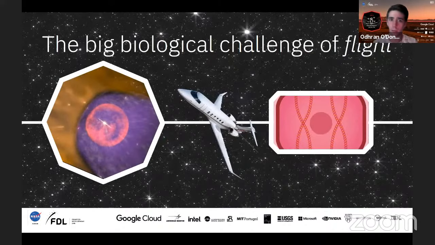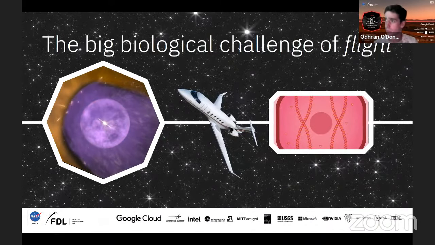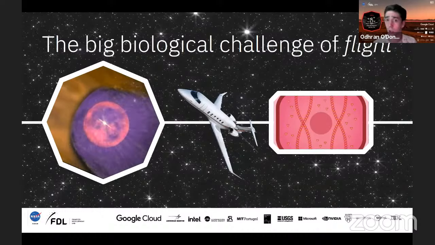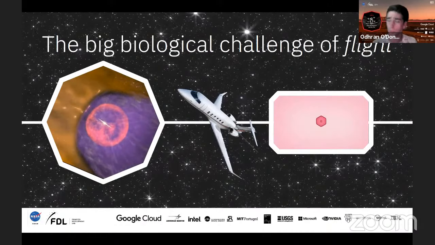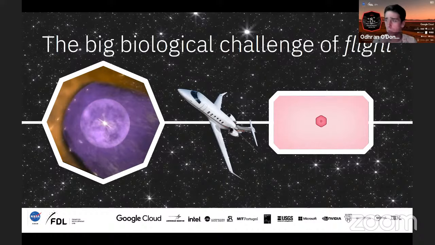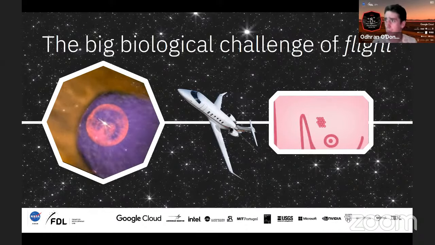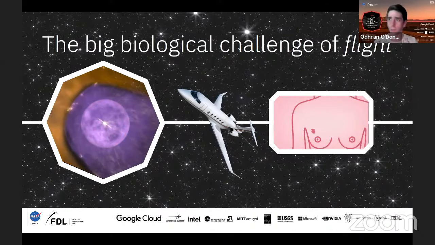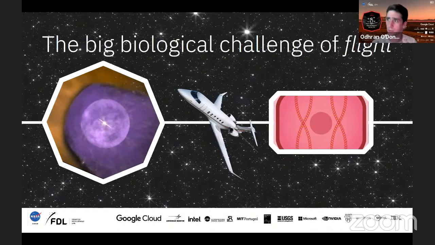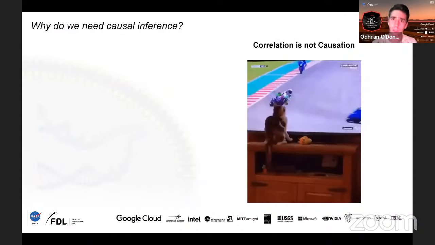Because when you get irradiated, lots of mutations can happen, but some of them may not have much of an effect. Others may be really, really important. This is really interesting to us because it means that if we know what may be driving a cancer in response to certain radiation types, we might be able to design medications to stop it or design better spaceships to help prevent this. And so this is a really important thing for us to think through.